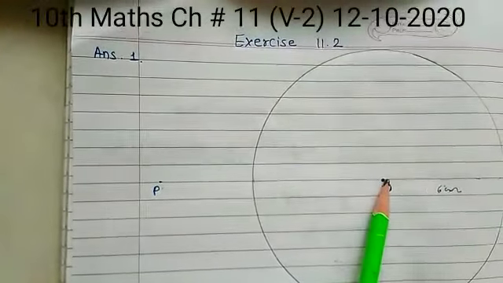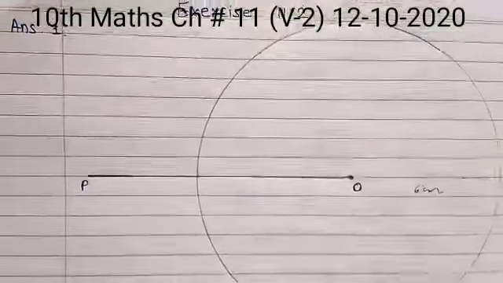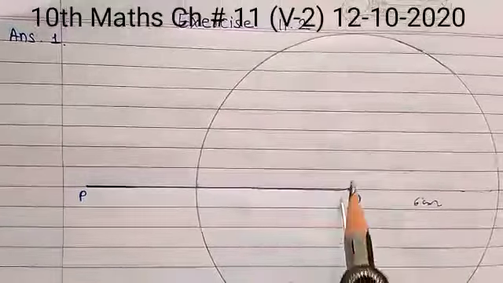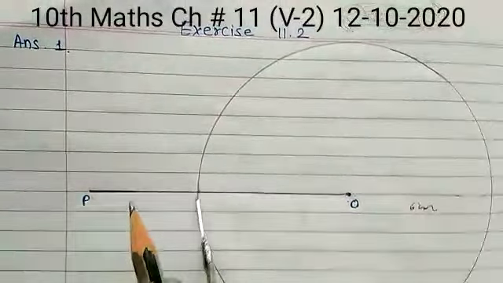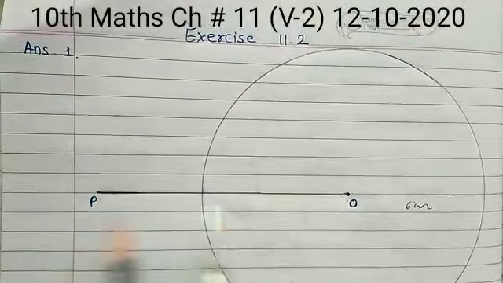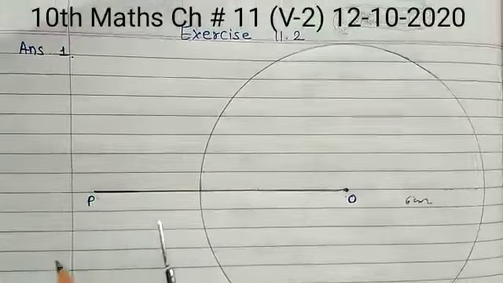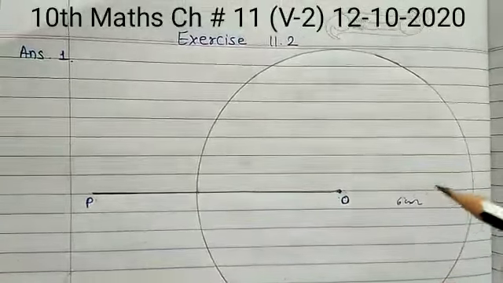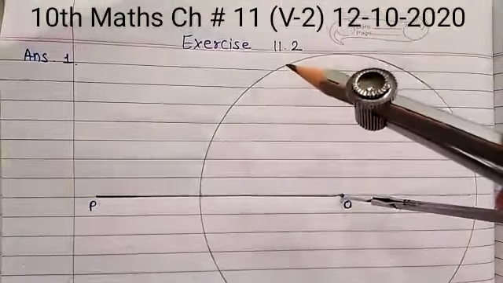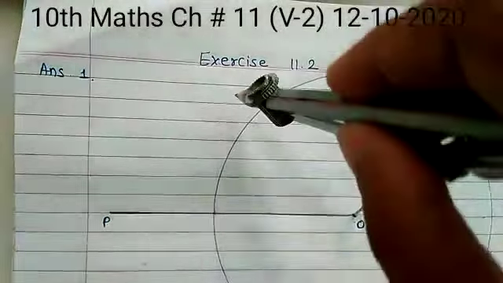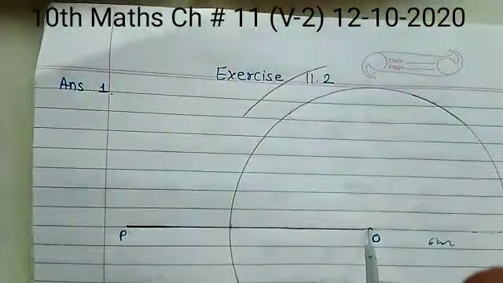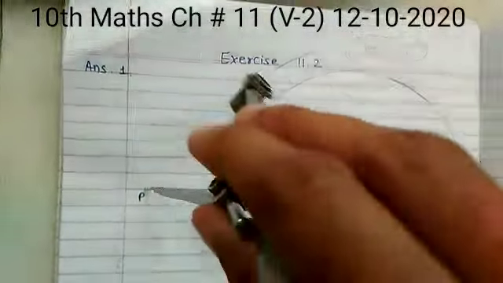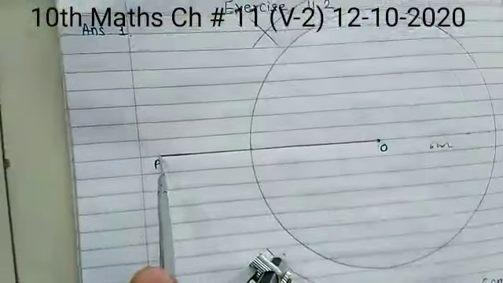You have to join this O and P. Now we have joined O and P, which is 10 centimeter in total, 6 centimeter from here to here is the radius, and these are the extra 4 centimeter, and we have drawn OP as 10 centimeter. Now we have to find out the midpoint of OP. How can we find it? We take more than half the distance, okay? From here, or you can take from P also. We take more than half the distance and draw one arc upside and one arc downside. Similarly, from P also, one arc upside and one arc downside.